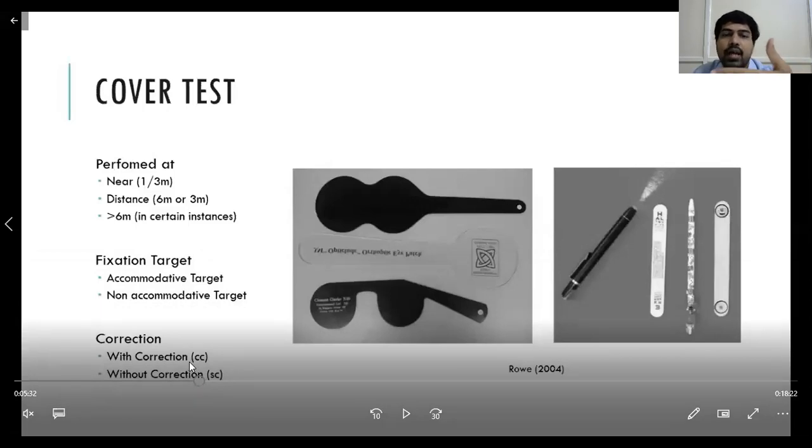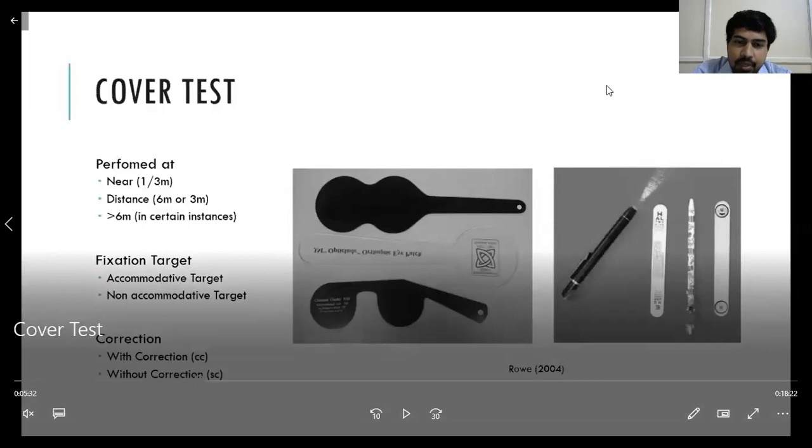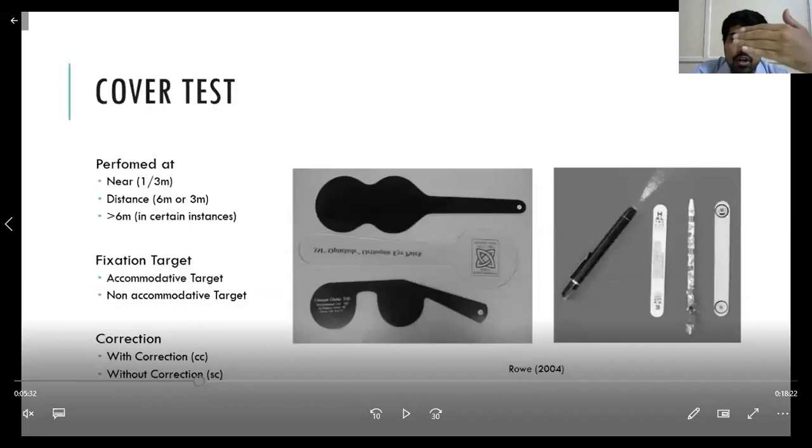While reading a book, we need some amount of accommodation to read the book clearly. That amount of accommodation power is lacking in that particular eye because of weakness of the ciliary muscle. So then the patient tries to accommodate more. When he tries to accommodate more, automatically the eyeballs tend to converge more. So then you can get a squint or an esotropia. Suppose normally for that particular age, we need 10 diopters of accommodation, but the patient is having only 8 diopters of accommodation because of some weakness in his muscles. Then we can give that extra 2 diopters of accommodation in the form of glasses.